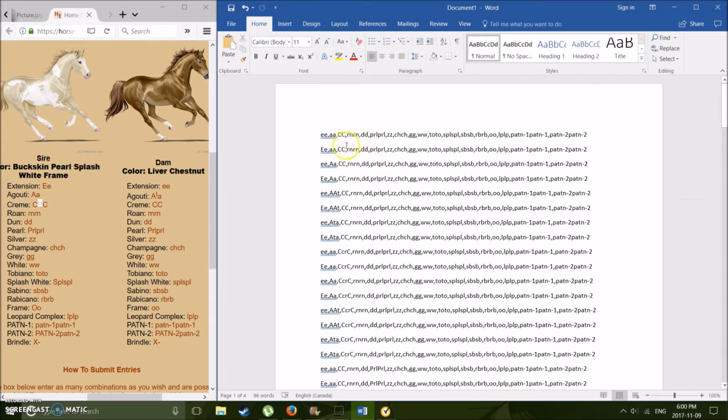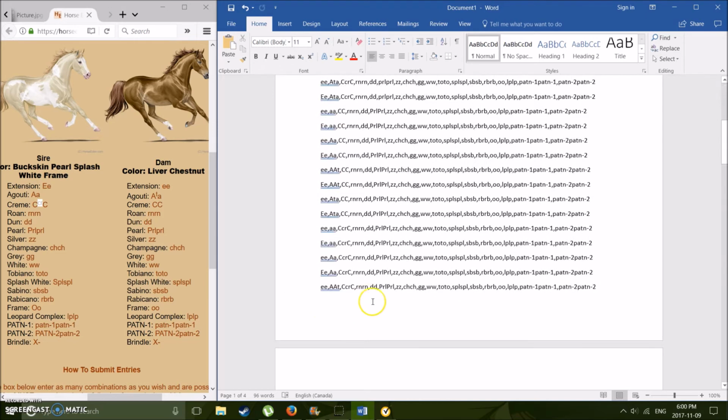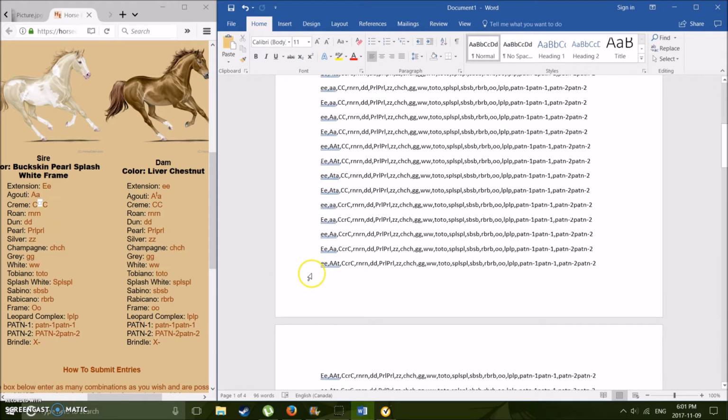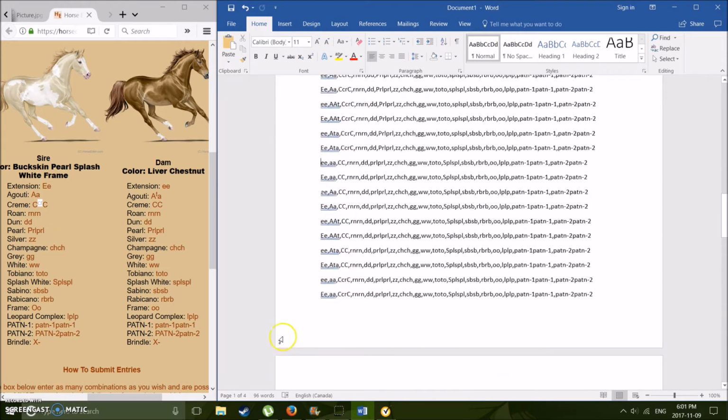If the gene that we're doing has 2 possibilities, the amount of lines we will have will double. If it has 3 possibilities, it'll triple. And if it has 4 possibilities, i.e. agouti, it will quadruple. So it is a very tedious project, and we've already gotten ourselves up to 96 lines,